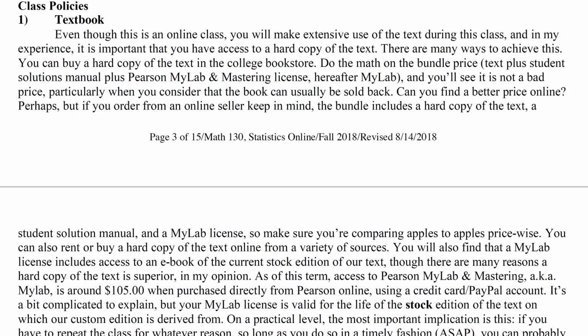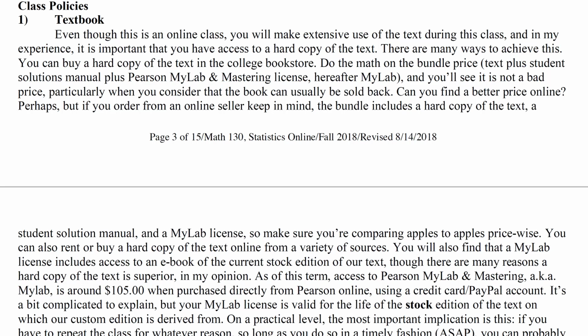Now, I'm not saying that everyone needs to do that. If you can make it work for yourself with a digital edition of a text, hey, more power to you. I'm not a book policeman. And so all I want is to see you succeed in the class, and it's on you how you work out the textbook situation. But what I am suggesting is that if you think about what's in the bundle, okay,